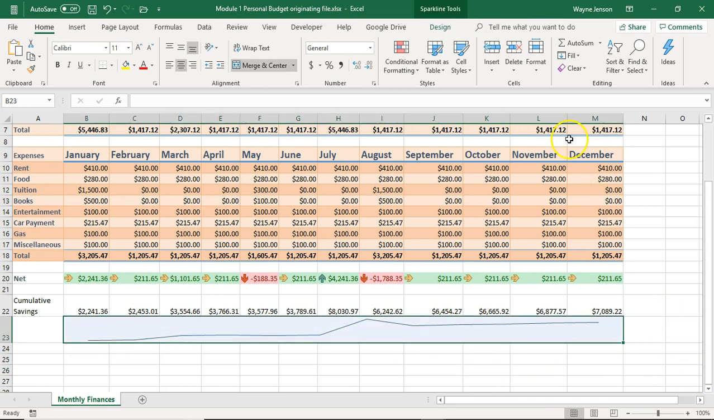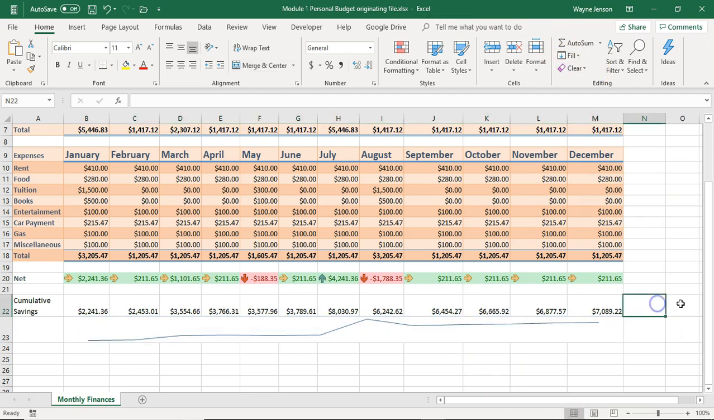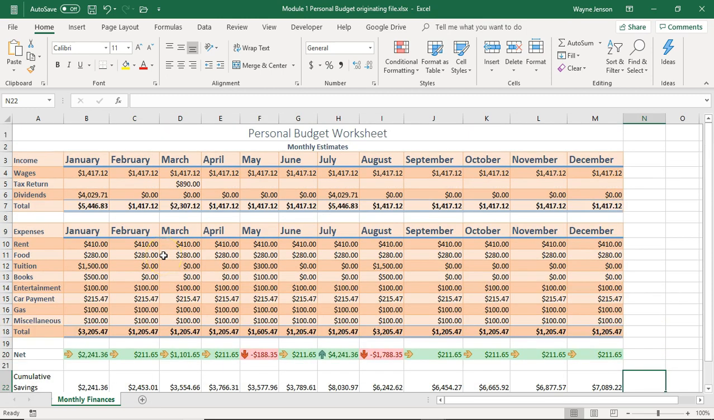And with that selected, well, I can't modify that now, but anyway, that shows the trend of your cumulative savings. Then the other thing for the assignment is you have to create a pie chart for at least one month of your